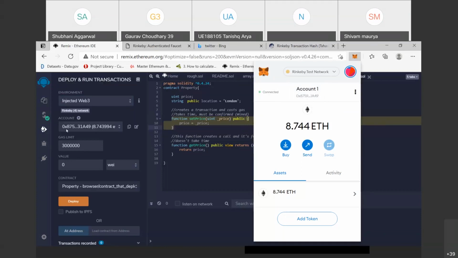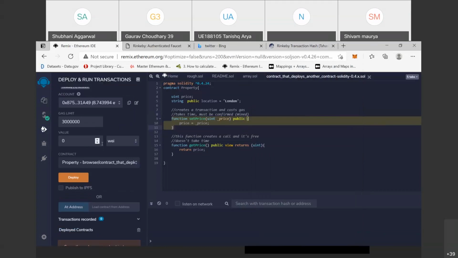Here is 0x8759 and here is 8.744 ethers, and here is also 8.744 ethers. Clear? Okay, so from this account we deployed this smart contract.